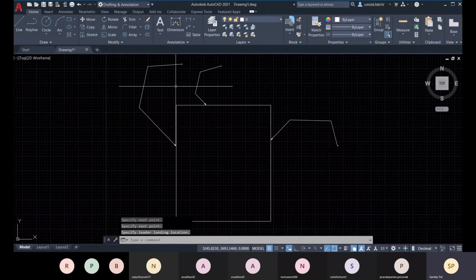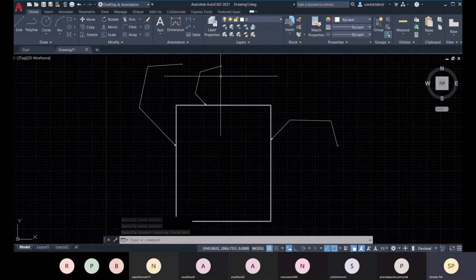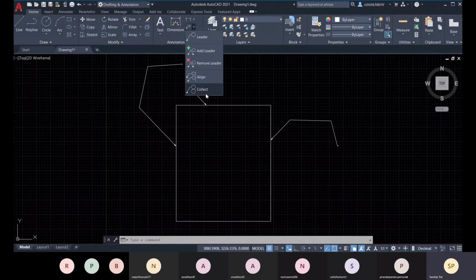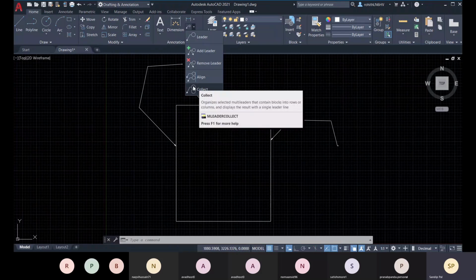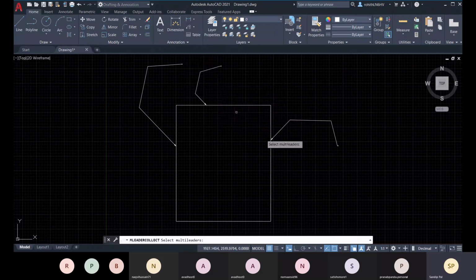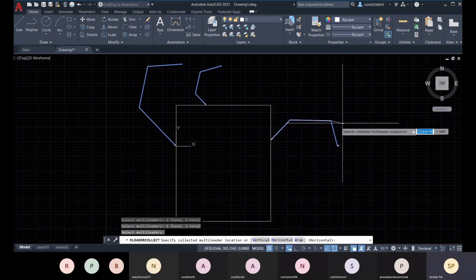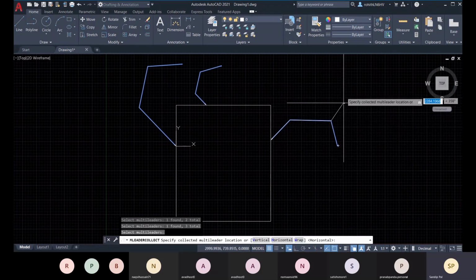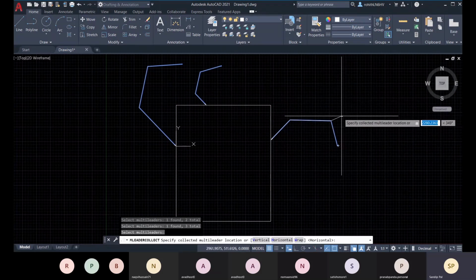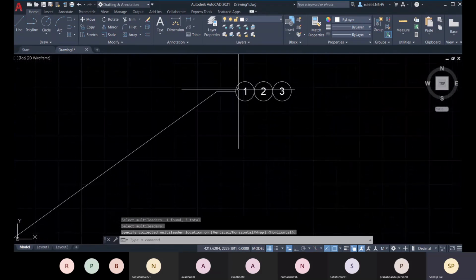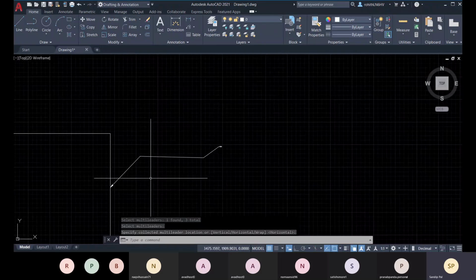When you have your multi-leader type as block, then only you can collect. So let's collect it. Select multi-leaders first, second, third, and press enter. Now you can collect all of them together with the last one, and there you can see 1 2 3 you have.